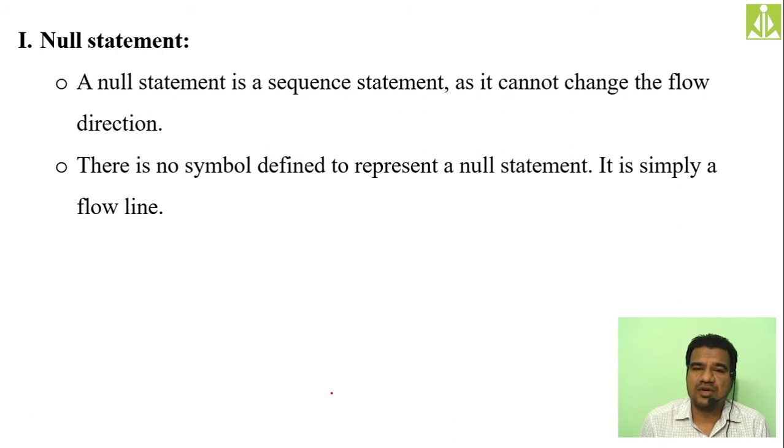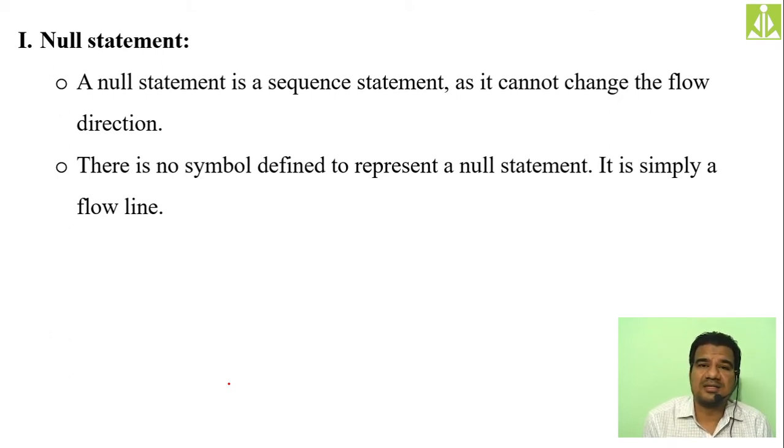Generally, a statement in your program or inside the algorithm will perform some kind of activity.